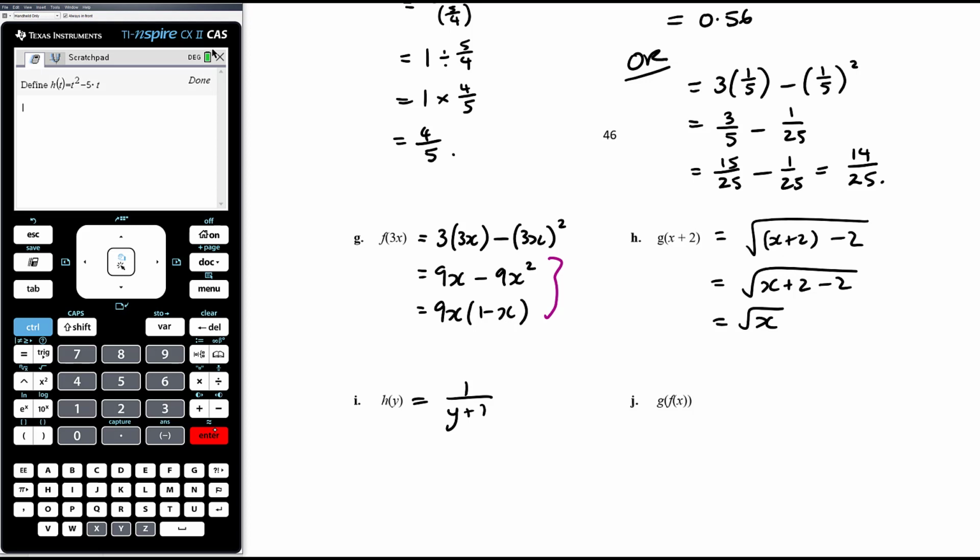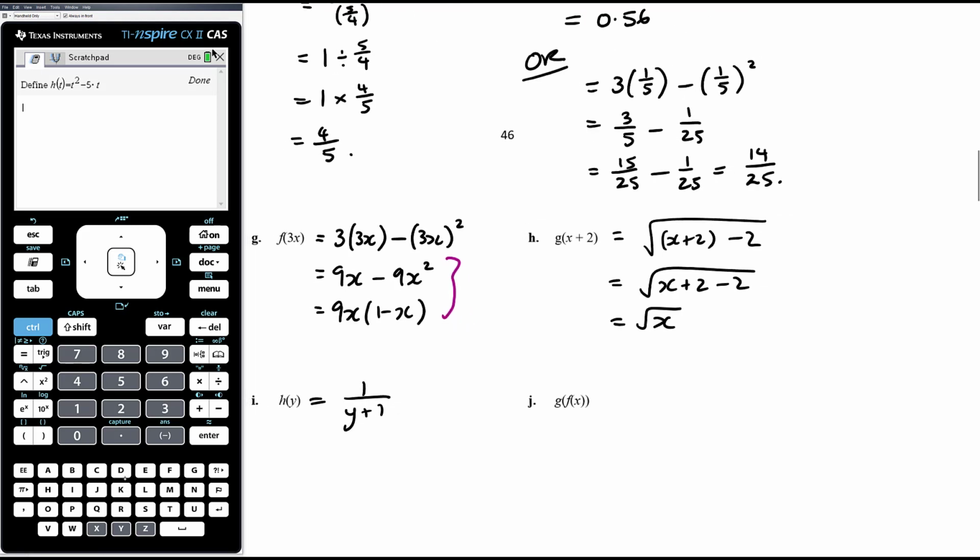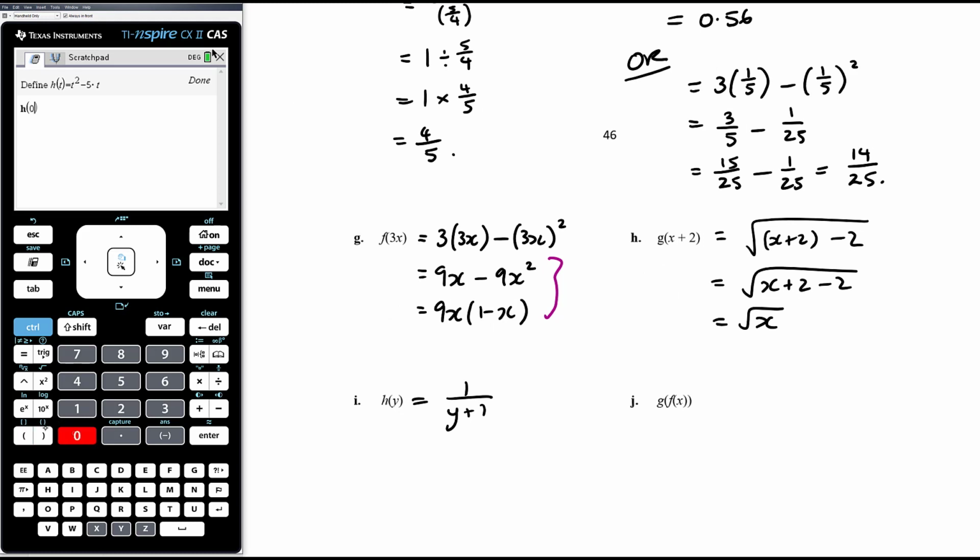Let's say now we want to graph, and we're doing things over here, we're working out h of 0, we're solving h of t equal to 0 for t, whatever, we're working out h of 3, doesn't matter. Let's say then we want to graph it, and if we go over to the graphing screen,